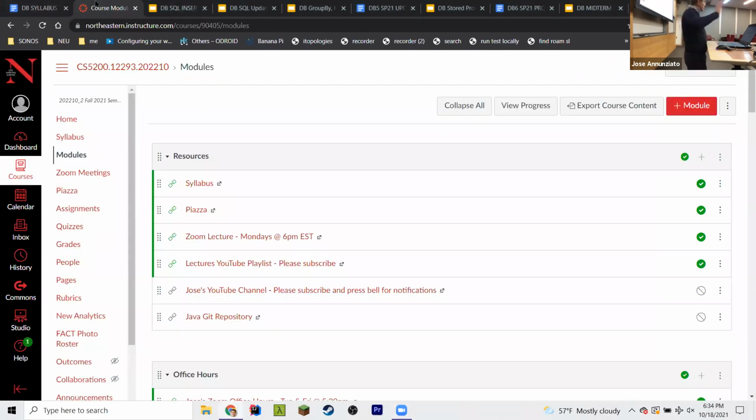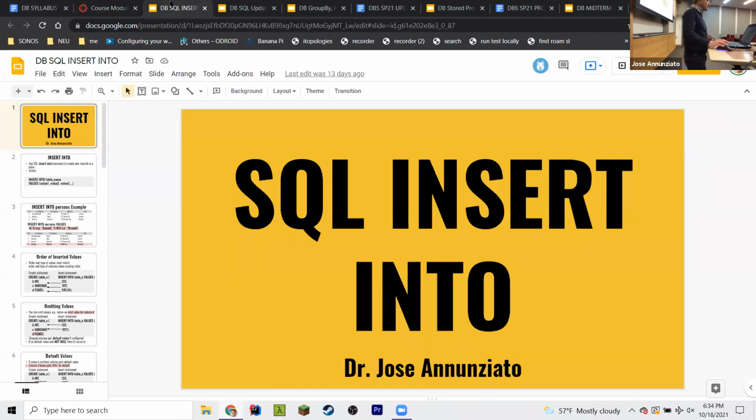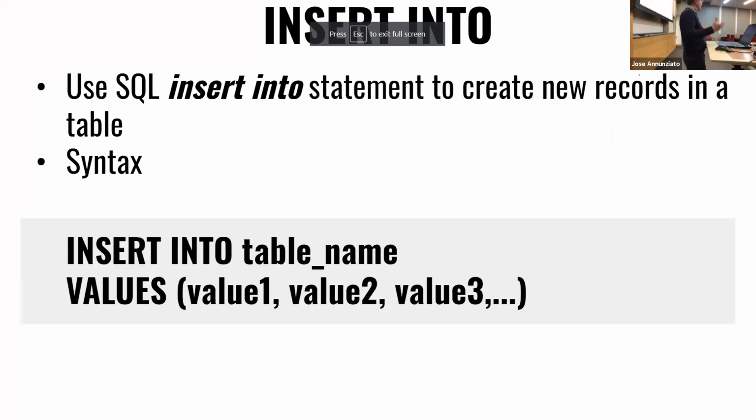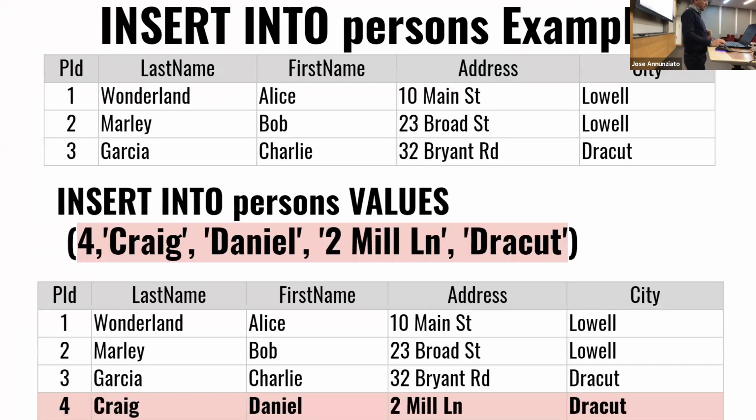So I'm going to review real quick on the material. You might have seen the video from last week. It was all about updating the database using the instructions of inserts, updates, and deletes, right? And there were several versions of the insert statement, right? The simplest one just gives the name of the table and then the values, comma separated. And this assumed that the values were given in the same order as the fields when they were declared,